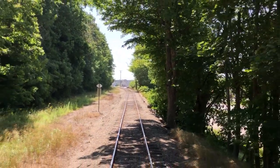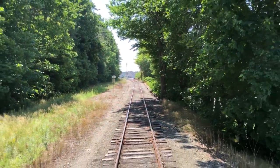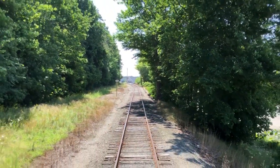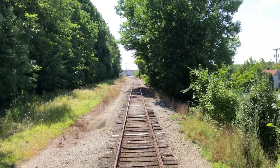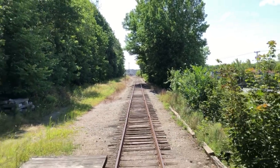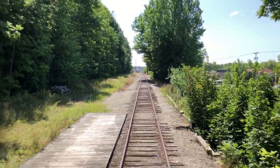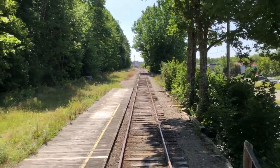Our journey today will cross several roads. Some of the crossings in Ellsworth require us to stop and send a flagman into the roadway to stop vehicle traffic and then proceed on our way. Our first stop is right here at Main Street, then we'll continue westward to Ellsworth Falls, and after the train's engine moves to the opposite end of the train, we'll continue west across